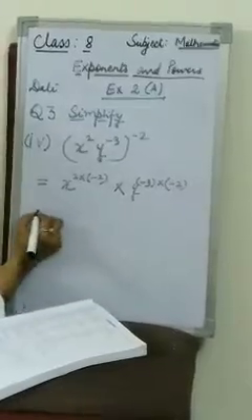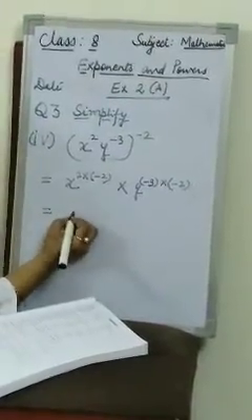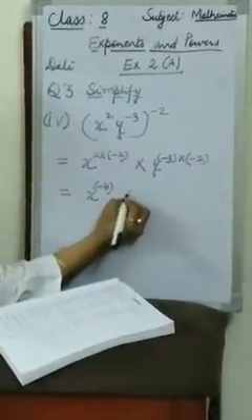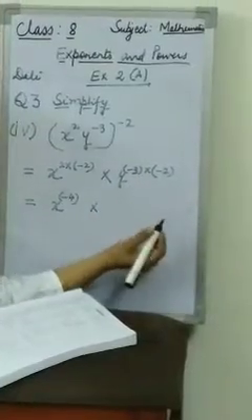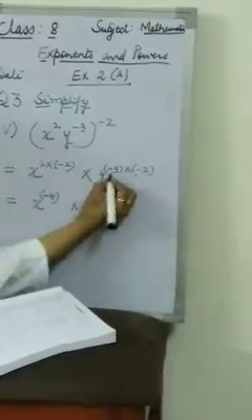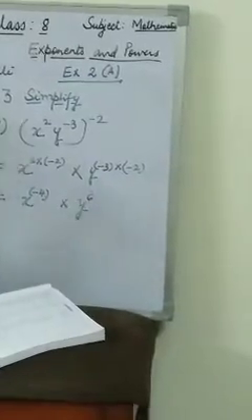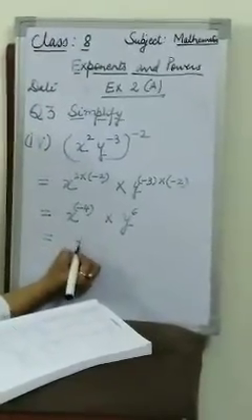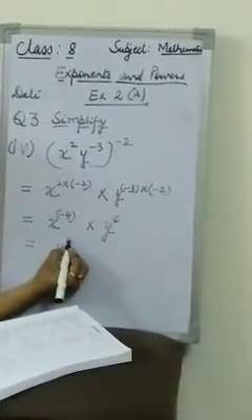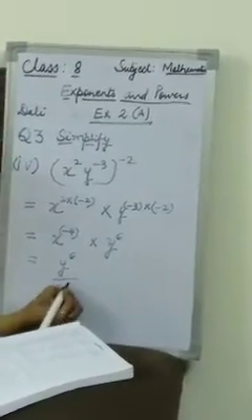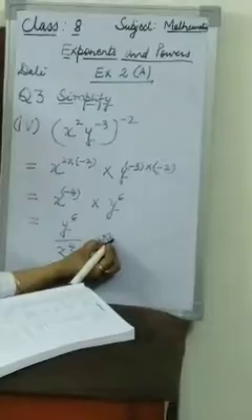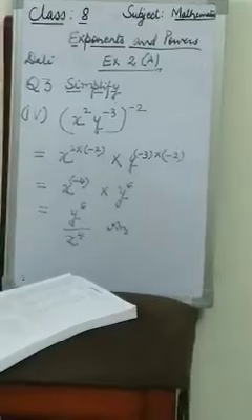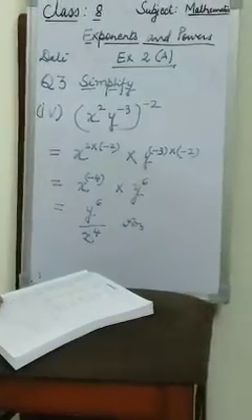We always write a negative index or negative number in a bracket. So I wrote it in the bracket. 2 into minus 2 will give you minus 4. 3 into minus 2, y to the power minus 3 into minus 2, will give you y to the 6, minus minus becomes plus. Negative index need not be written. So we convert the negative index into positive by taking the reciprocal. So y to the power 6 upon x to the power 4. This is the answer for the fourth bit. Hope you can do the remaining bits of question number 3.